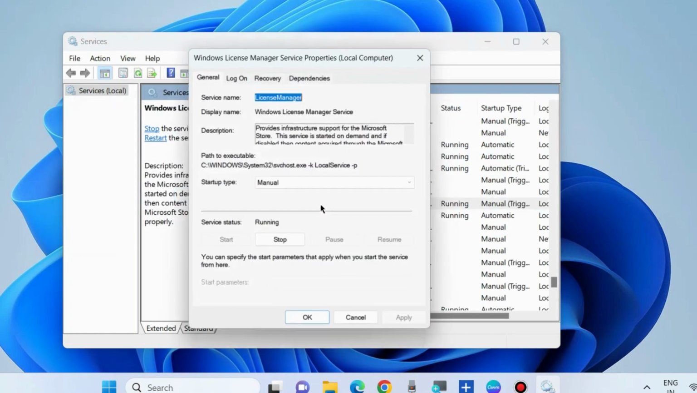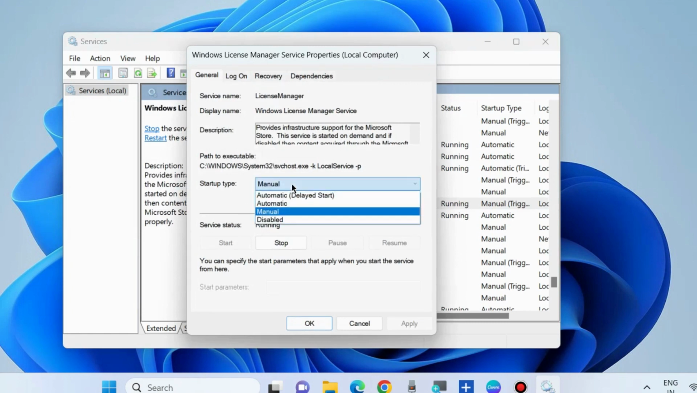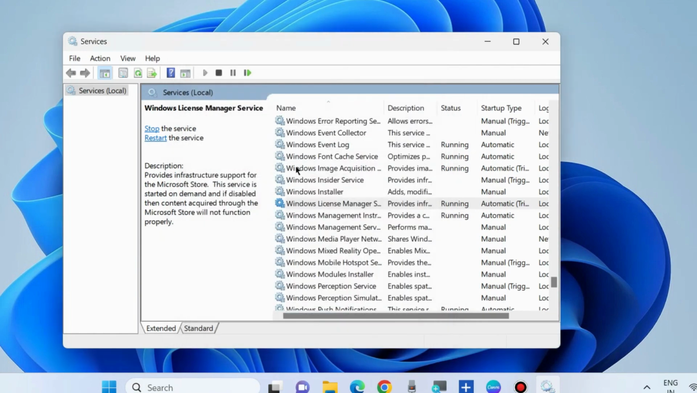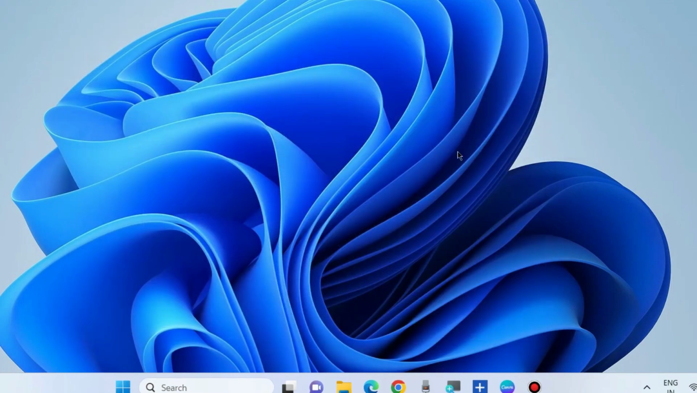Thereafter, double-click on it, and under startup type choose the option automatic, press apply and then the OK button, and check whether your error is resolved or not. If not, go to the next fix. The next fix is